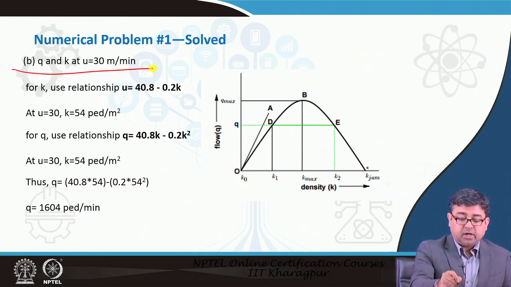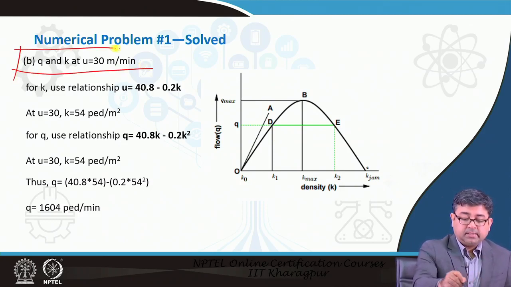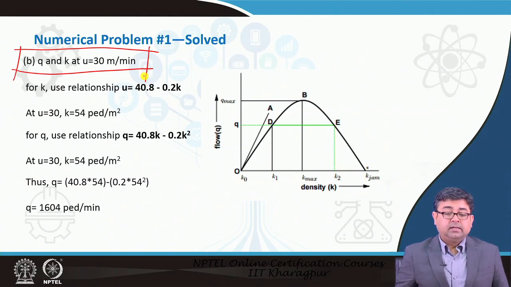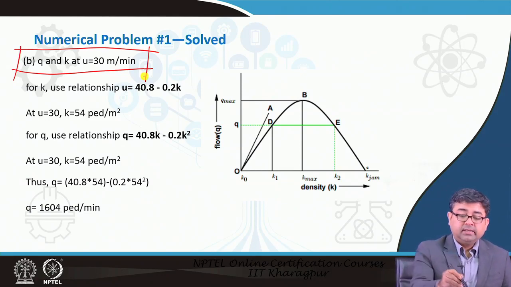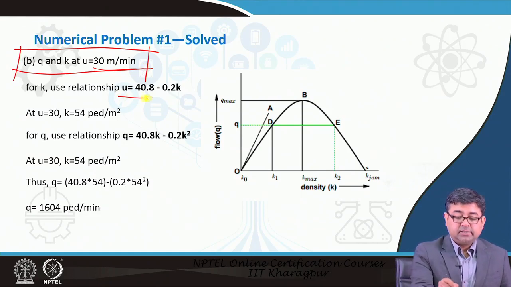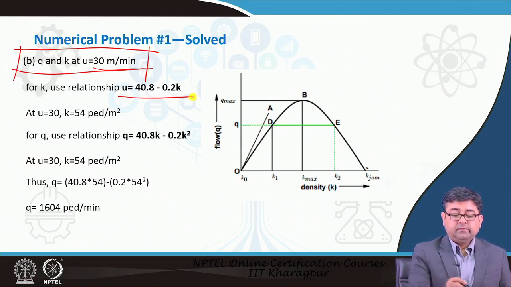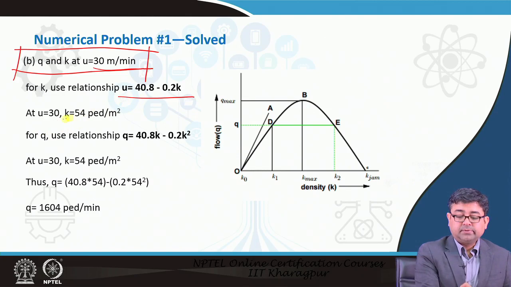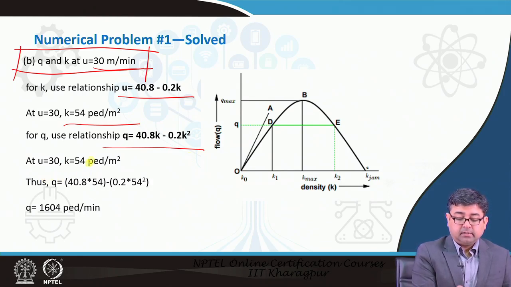So, now we can solve the second part of the question, which asked what Q and K are when the speed is 30 meters per minute. Using the relationship that we have already developed, we can substitute u equal to 30 to find out what K is, and from this relationship we can substitute K as 54 to find out